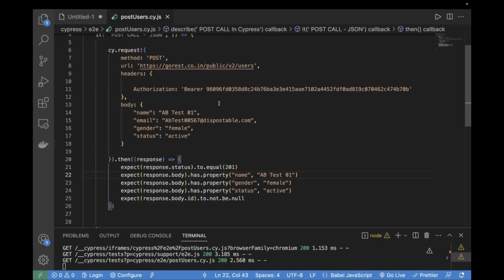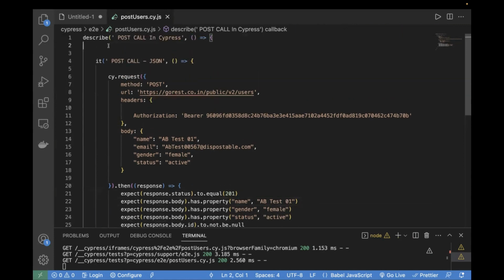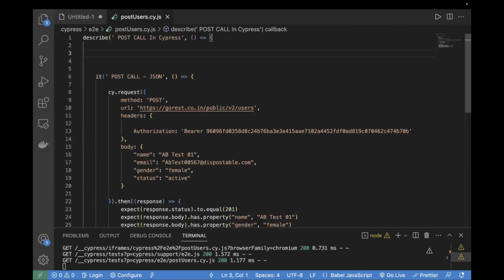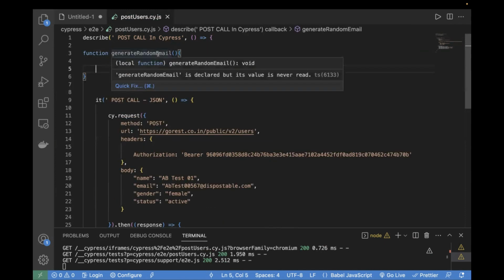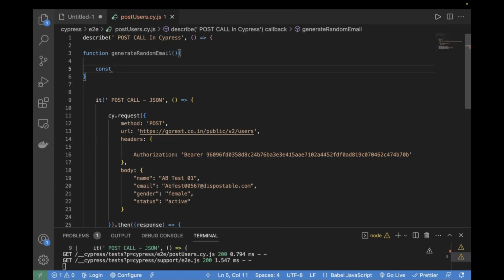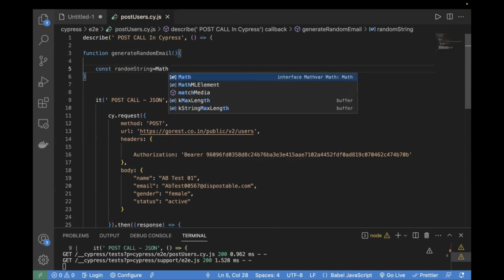Fine. So for that, I'm just going to create a function over here. I'll name it generateRandomEmail. Inside this, first of all, we will generate a random string. How can we do that? In JavaScript, we use this method, which is